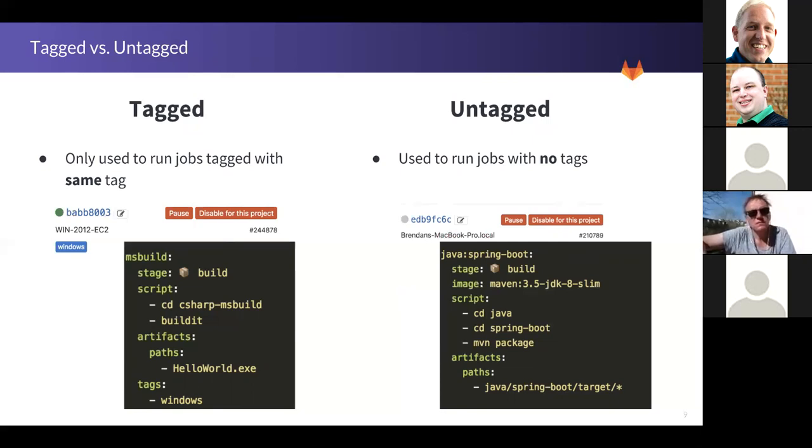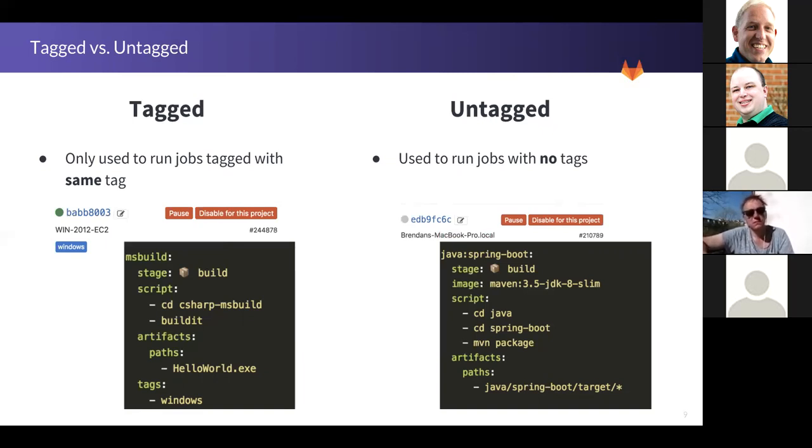Jobs with no tags. So here we have an example on the left. At the top, this Win 2012 EC2 runner is a runner with Windows on it and has been tagged with Windows. And then the build step we see below, which is doing an MS build, is only going to run on runners that I've tagged with Windows, and that's just the tag I made up.